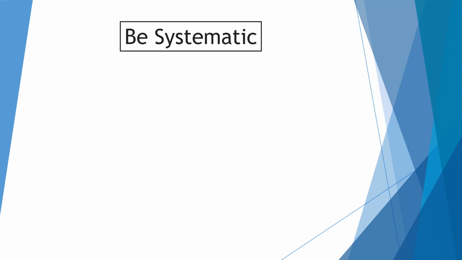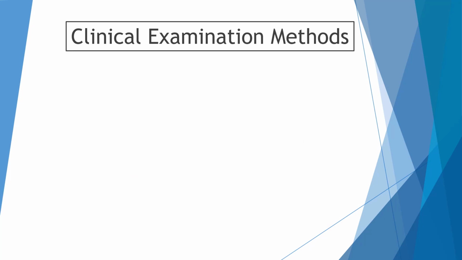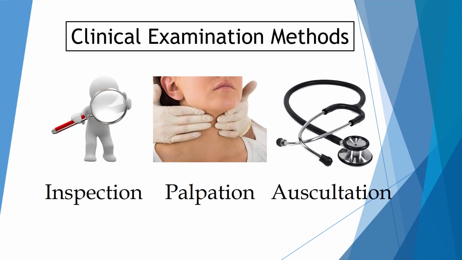There are two important key points that will help you in achieving a thorough clinical examination. The first point is to be systematic. That is to do the examination steps in an orderly fashion so that you don't miss anything. So in this video, the areas to be examined will be roughly organized from the top to the bottom of the face. The second key point is to keep in mind that the clinical examination of each part or area should include visual inspection, palpation, and auscultation as applicable.